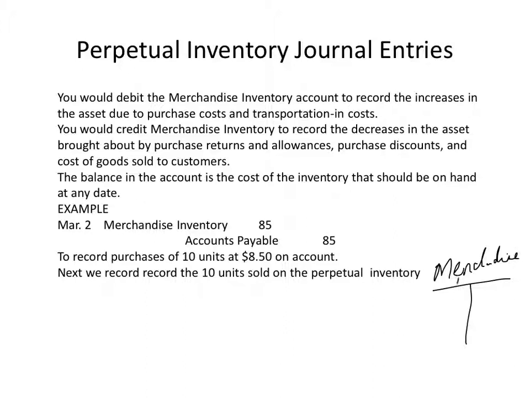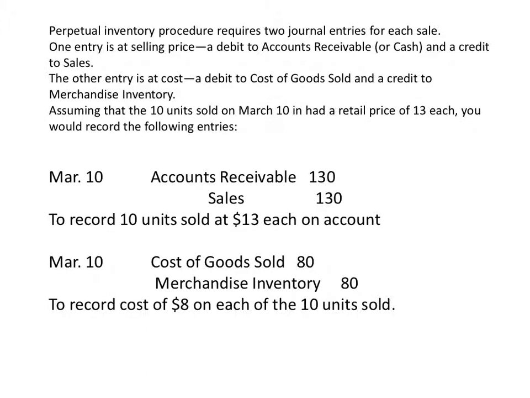Merchandise inventory. And that's it. Every time I buy inventory, I debit it, and I credit accounts payable. When I sell inventory, I credit it because it goes down. And so in the next video, when I sell, the journal entry is the same under both: